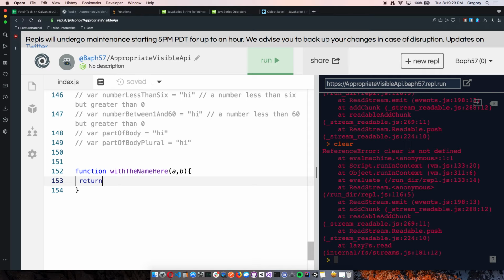There always needs to be a return. Well, actually, there doesn't always need to be a return, but we discussed this yesterday where if we don't return it, then we can't do anything with it. Console log is ignored by the computer. If I did console log A plus B, and I did with the name here with 1 and 2, and then I did var test equal to, let's just copy, paste,